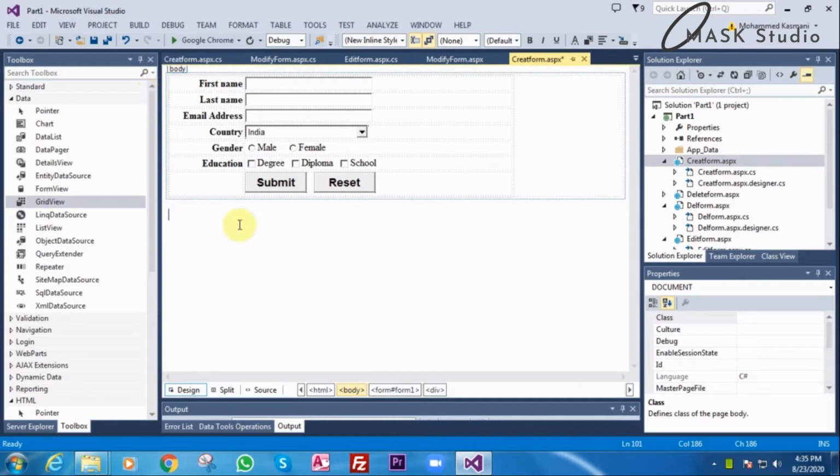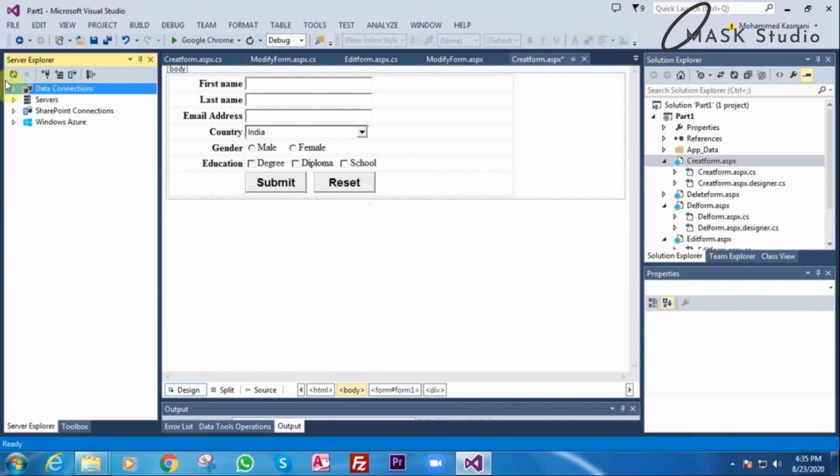Hi guys, in the last video I explained to you how to create a form and how to connect to the data source. Now in today's video I will explain how to insert the data from form to table. Our table is here.